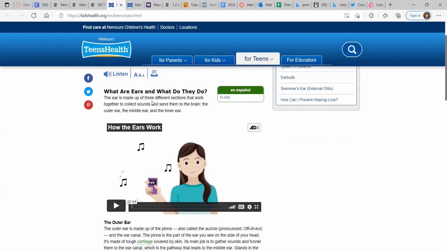And the section starts off with what are ears, what do they do? And we know that there are different sections of the ear. There are three, and together they work to collect sounds, take that auditory input, and then send them to the brain. And we have the outer ear, the middle ear, and the inner ear. So I'll play this short video